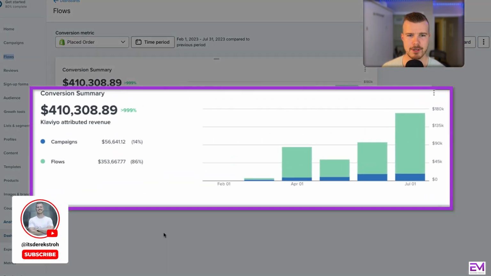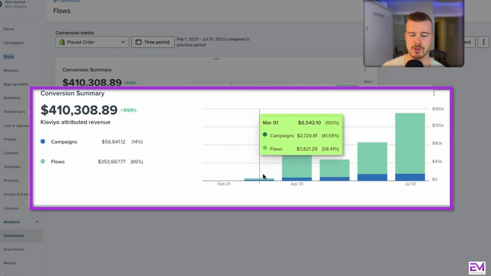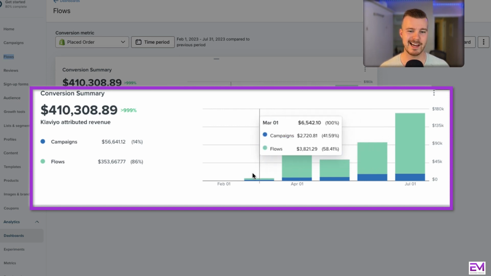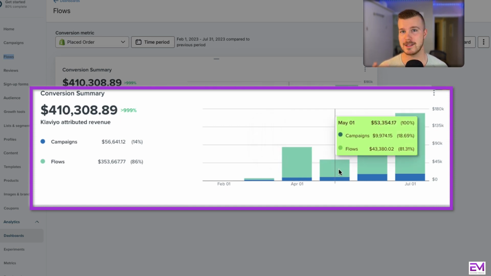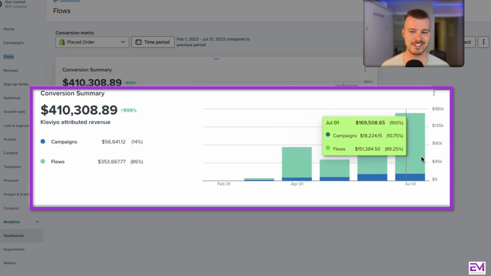Okay, so like I mentioned, we started working with them actually in March, and you can see they had nothing in February. They just kind of started ramping things up in March, and then April is when we really started to put some gasoline on the fire. We really only had things live for a couple of days in March. We actually had a pullback in May because they sold out of a bunch of their products, and then we saw that rebound right back as they restocked partway through June, and then you hit July, which was $169,000 in